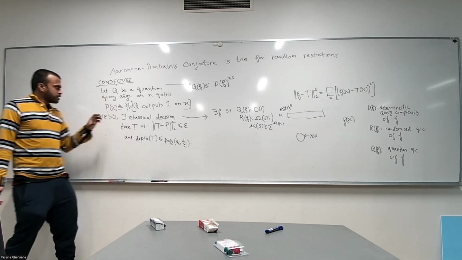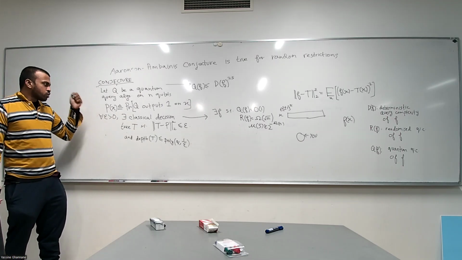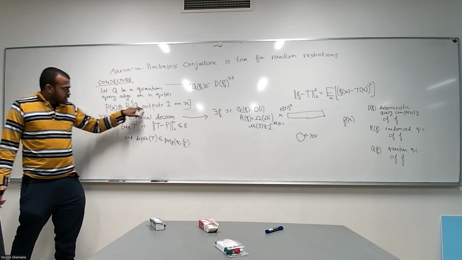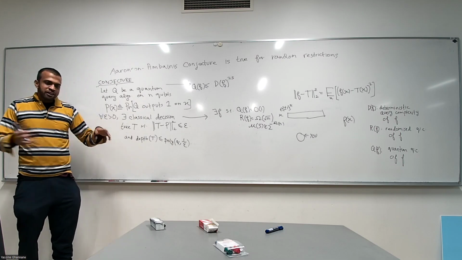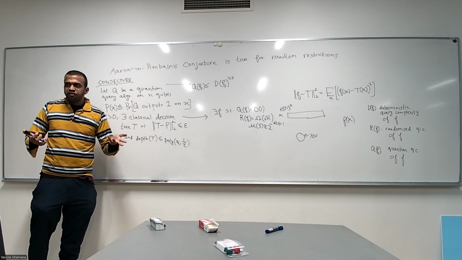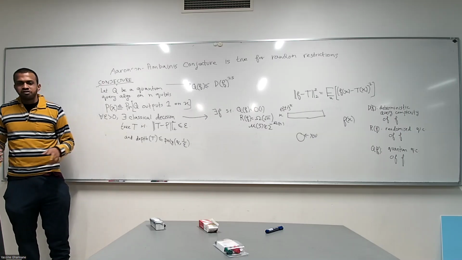Now, in general, for a partial Boolean function whose promise set is S, you know that for points in S, this quantity is either very small or very large. But in between, it can do some random things. It cannot put things arbitrarily close to half. You have no control over that.